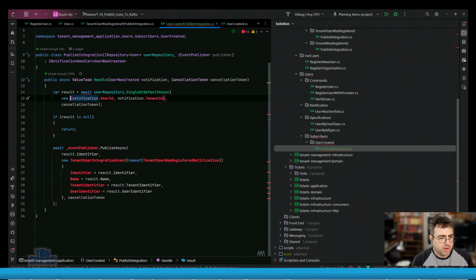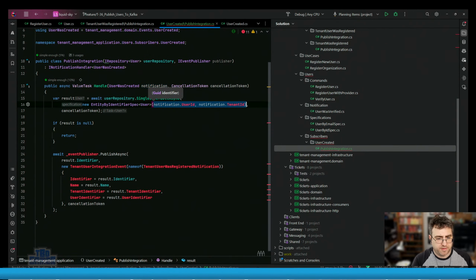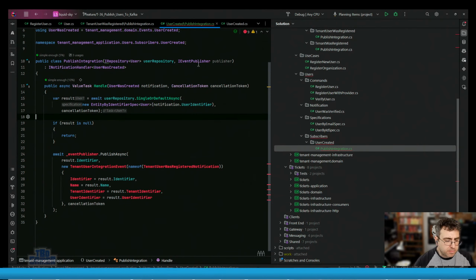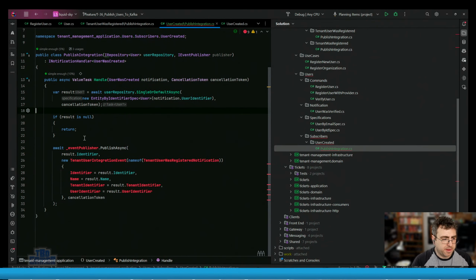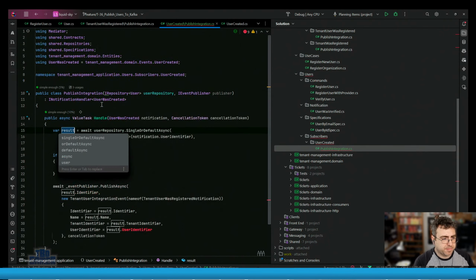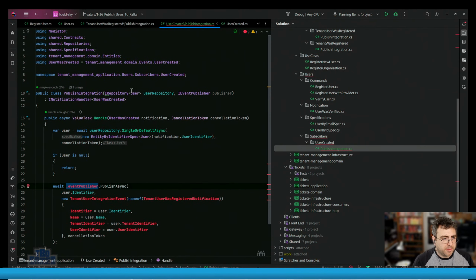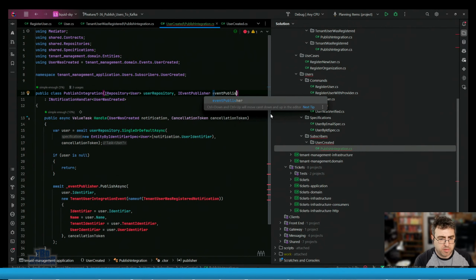So, entity by identifier spec user, and this is going to be notification dot user identifier, right? So this is going to pull, using the GUID, it's going to pull that user out and give us the user, right? Event publisher,